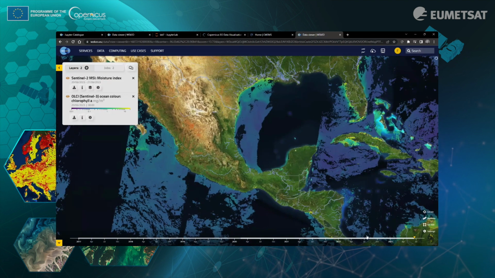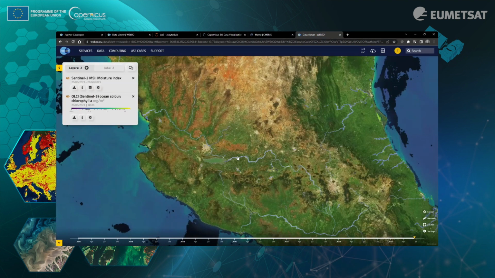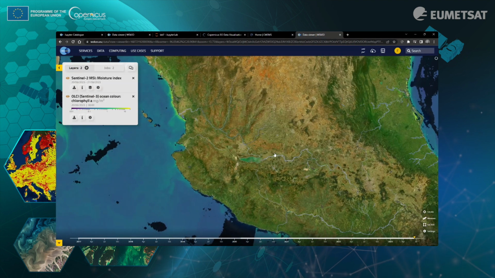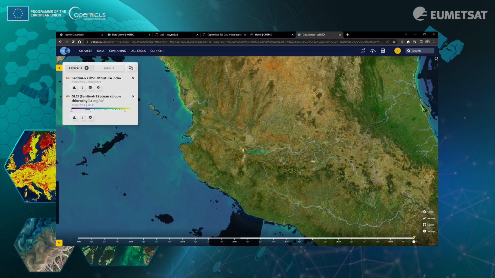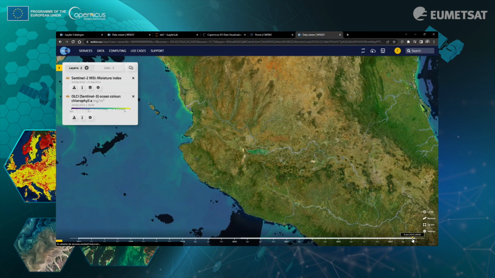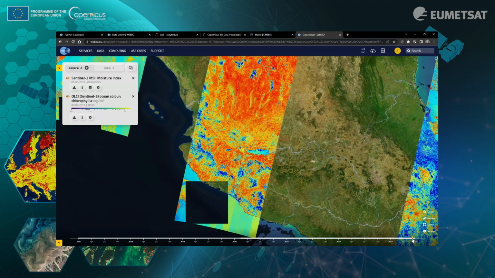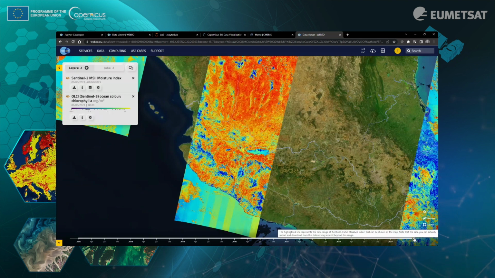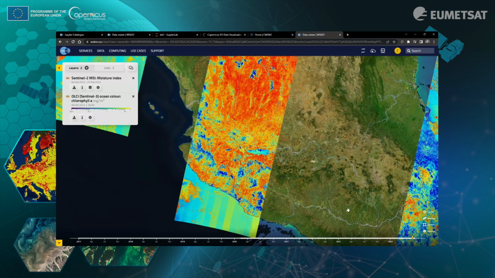I will try to focus on this region in particular. And then I will play with data. Okay, I have this data. The 6th of June is perfect. So I can see this region. The color in red shows me that there is a low level of moisture.